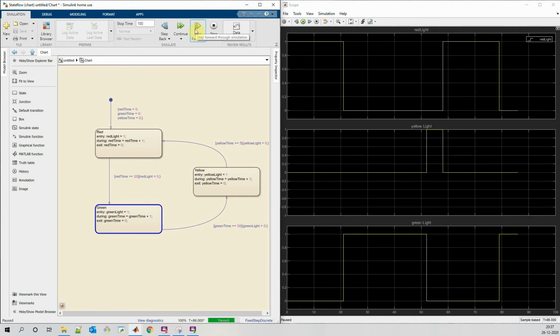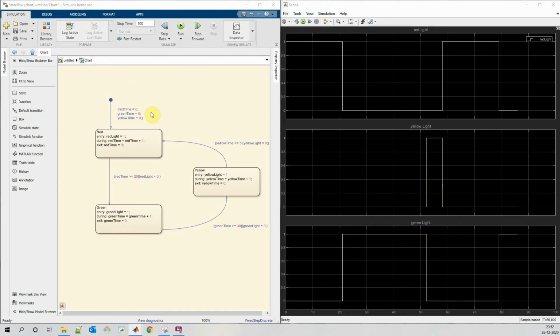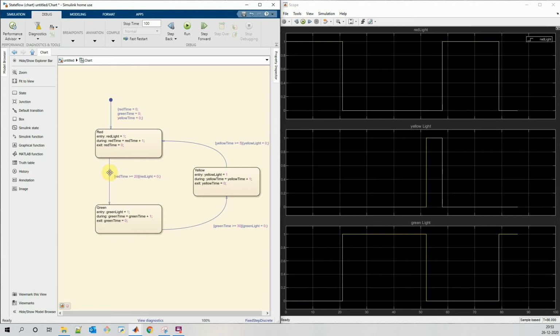Now let's understand how the state execution happens. To understand model execution, let's add breakpoints to our model. Add breakpoints on each state transition.